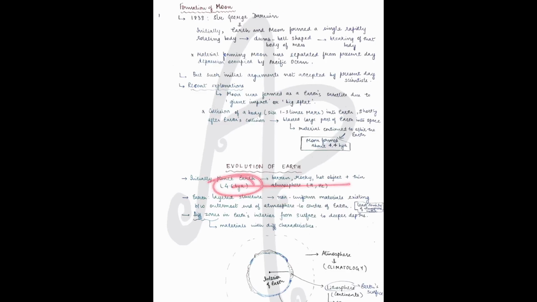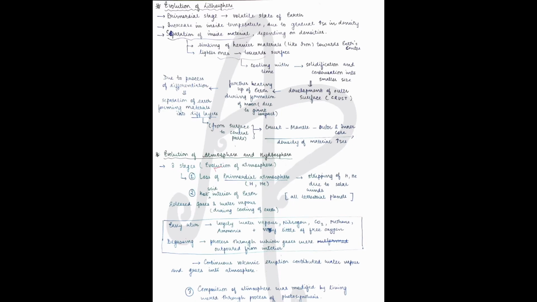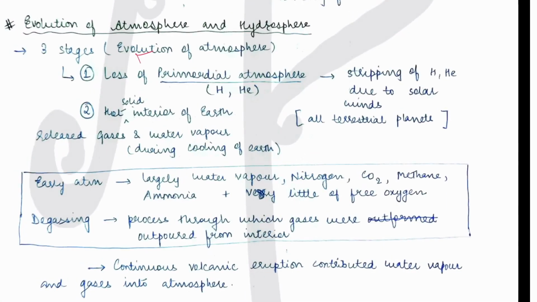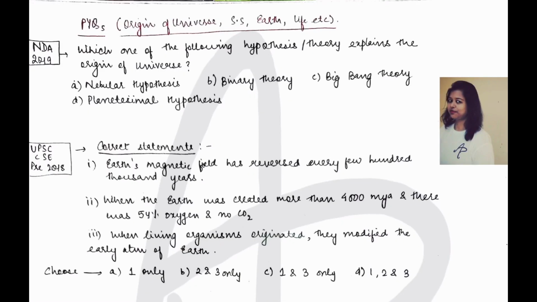एक तो हमें पता है कि formation कब हुआ. उसके बाद we have already talked about कि in the primordial atmosphere you had like hydrogen and helium, etc. Then gradually you had the other gases, but very little of the free oxygen. ठीक है, अब and also they are telling no carbon dioxide and 54% oxygen. So that is directly wrong, because we have seen that the early atmosphere had carbon dioxide in good amount and very little of the free oxygen. तो ये वाला पॉइंट तो वैसे गलत हो जाता है.